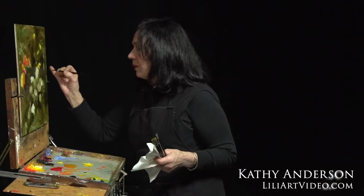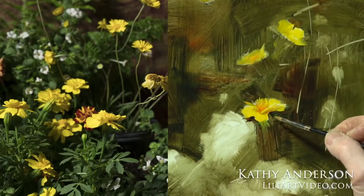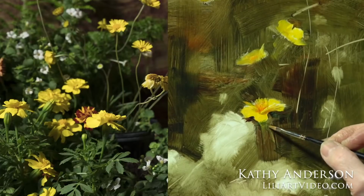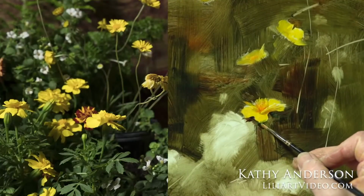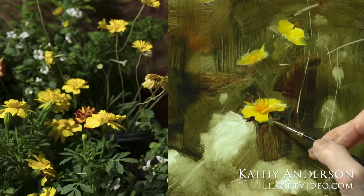Really need to know where it's coming from, and that's not where it was coming from. See, this stem, the top of a marigold stem, is big, and then it goes down. So I'm not going to paint a lot of it. I'll paint maybe up to it, because now I lost my edge there. But I want to remember,